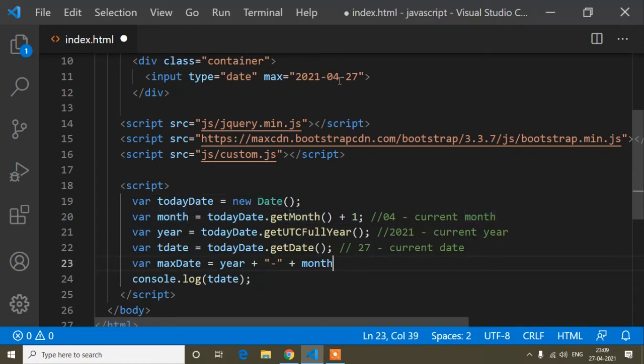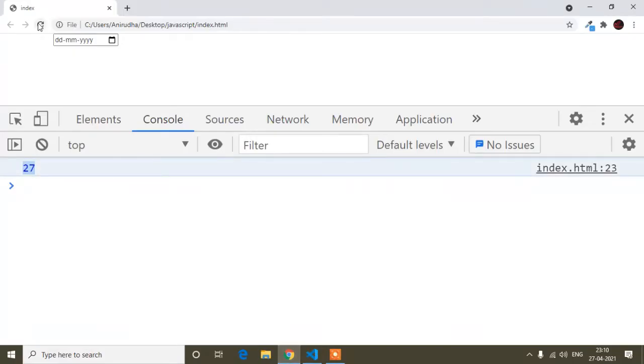After that again it's a hyphen, so plus again inverted commas hyphen, and now plus, after that only today's date. In this variable I'm getting today's date, so this one. So now let's print this one inside console.log and check it.